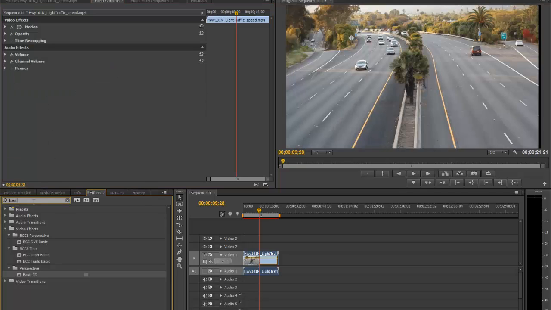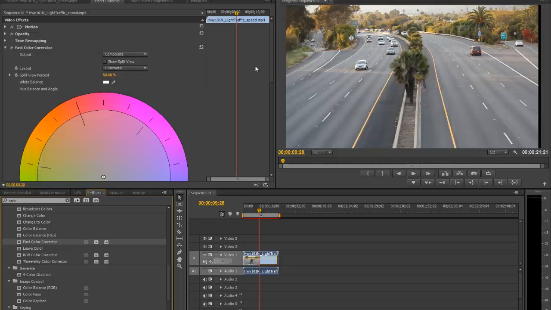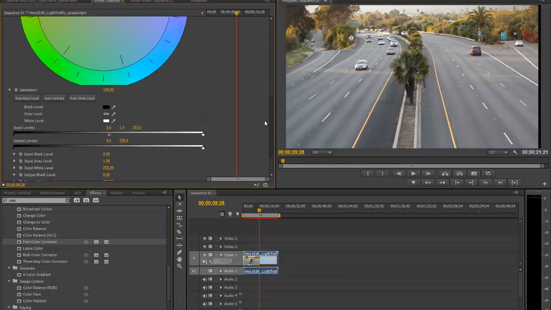One last one, which a lot of people will use. It's called a color correction. And there's a few different color correctors. The one that I think would be easiest for you is probably called the fast color corrector. So if I take fast color corrector, oh, and by the way, it's spelled C-O-L-O-R. There's no U in it, so if you're in Canada, you just have to deal with it. Fast color corrector, I can drag that on, and this one actually brings up a whole bunch of effects,